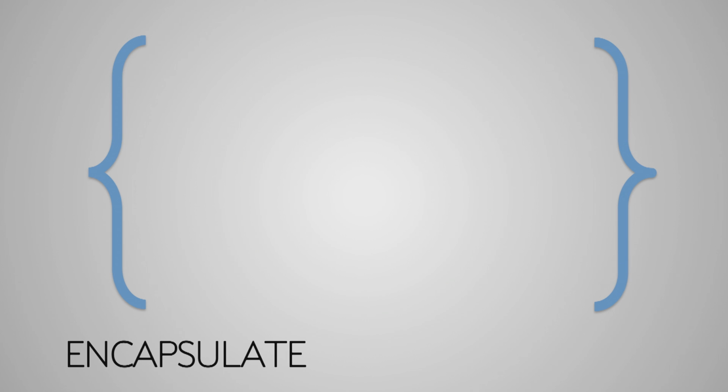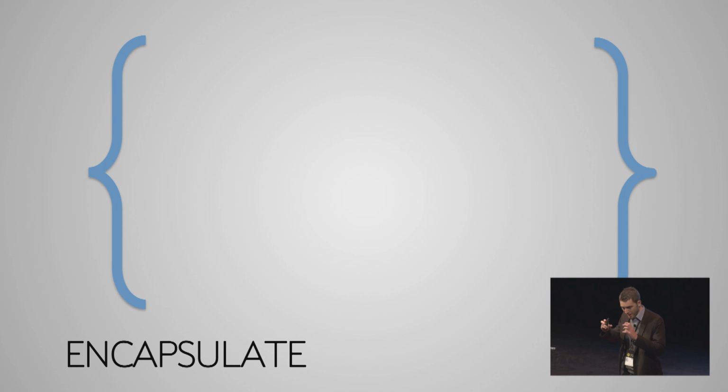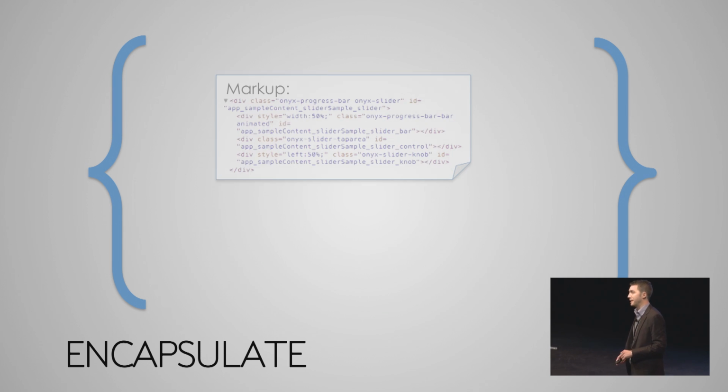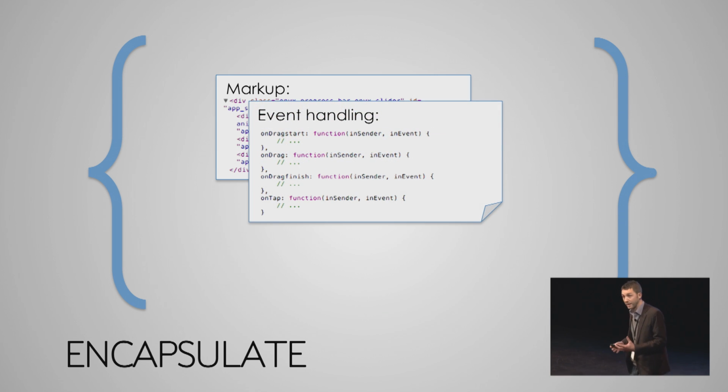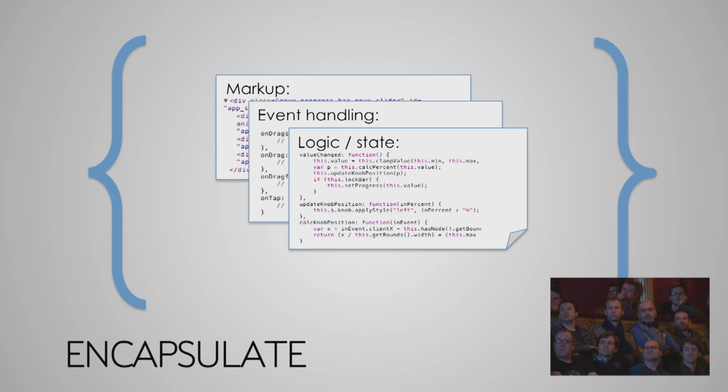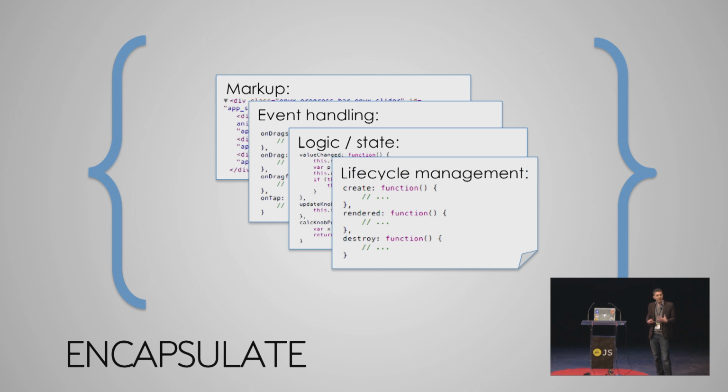When we talk about components, the main focus here is this notion of encapsulation. The idea is that we're going to put inside of a JavaScript object, for any one chunk of application functionality, the markup that's required to create that view, any of the event handling that's required to make that piece of functionality interactive and respond to user events. We're going to take any logic that's required to make that component do its function and put that inside the object. And then we're going to give it an API so that the component knows how to create itself, initialize itself, render itself into the DOM, and then tear itself back down when the view needs to get destroyed.